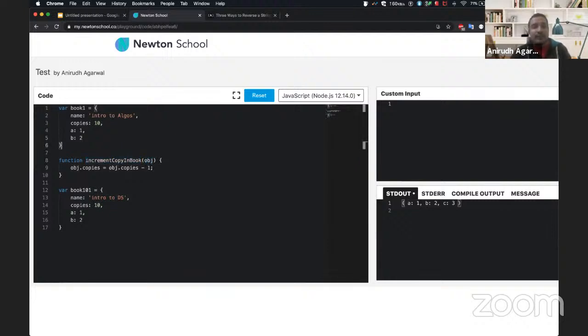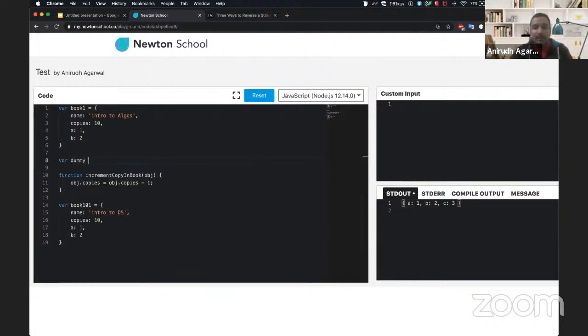So let's say I have some other object, a dummy object, and I give it some properties. If I call this function with the dummy variable, it will result in an error, because it will say that object.copies does not exist. The object does not have that particular variable, the same thing that we saw with the reverse string. Since this function is very tightly coupled to this particular object,